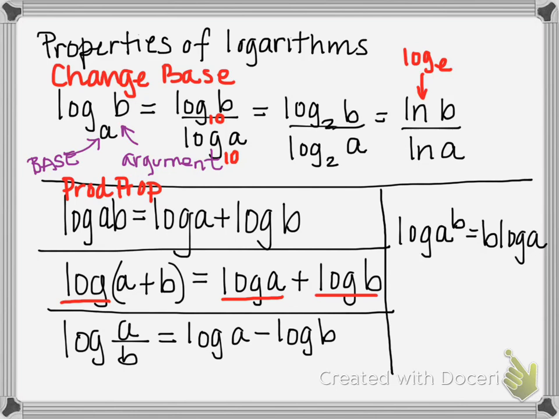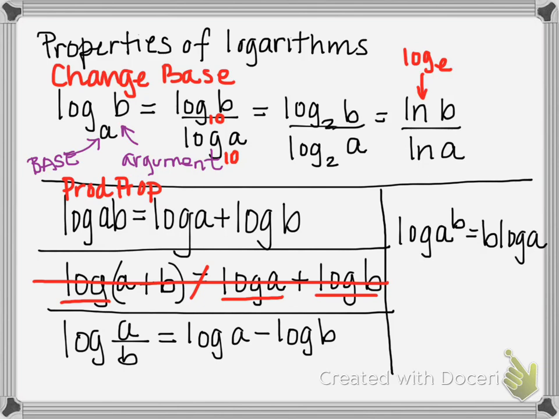Log is an operation. So we can't distribute it. This is not true. So be careful, you may encounter situations where it certainly would be convenient if that were true,